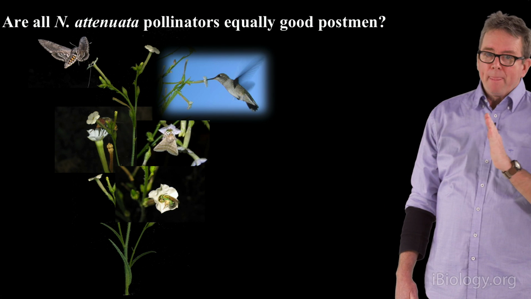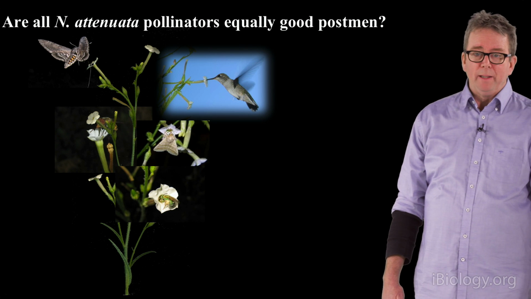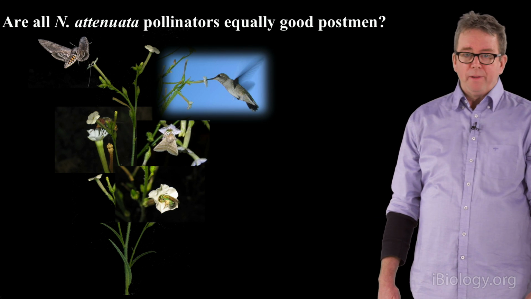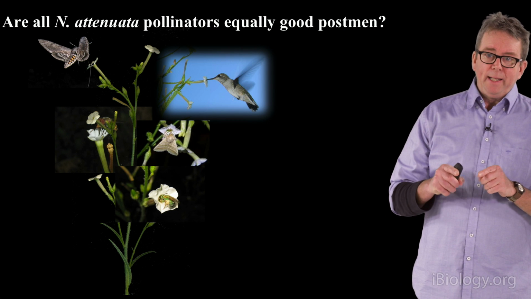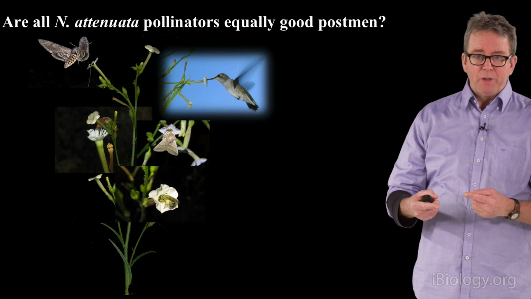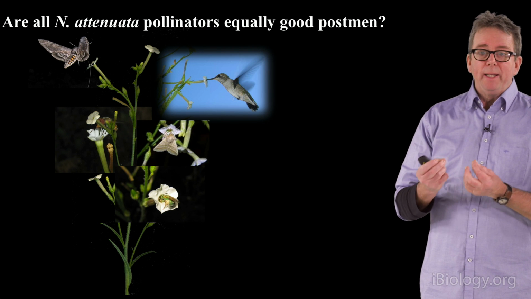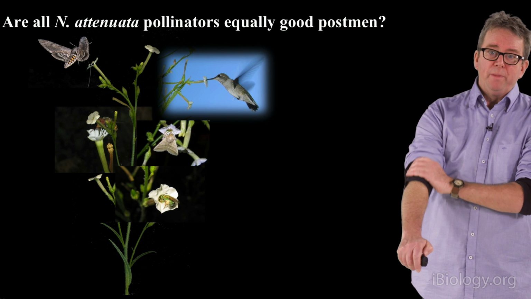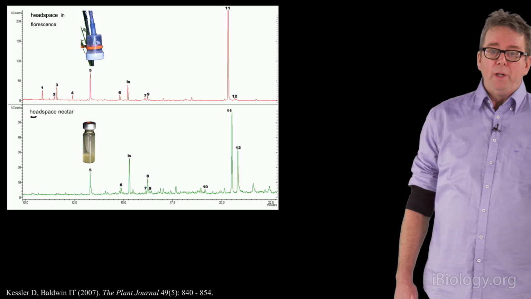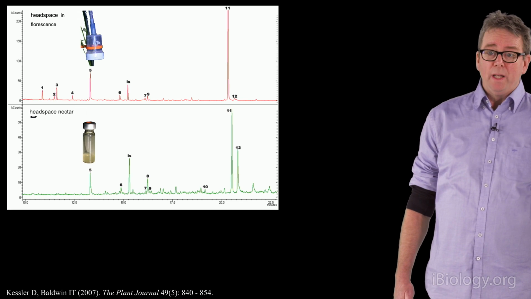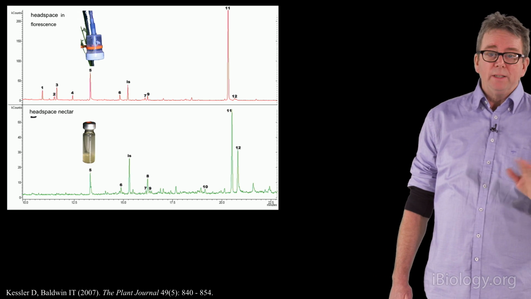Now, I mentioned that the hummingbird there depicted is probably not as good of a pollinator as the moth, simply because of its behavior of trap lining and largely selfing the plants. But I want to tell you a little trick that the plant conducts to be able to get better outcrossing services from this particular hummingbird. And here we have to look at the chemistry of both the headspace of the flower as well as the nectar. And if you look carefully at the chemistry of the headspace, you see there's lots of different molecules there.